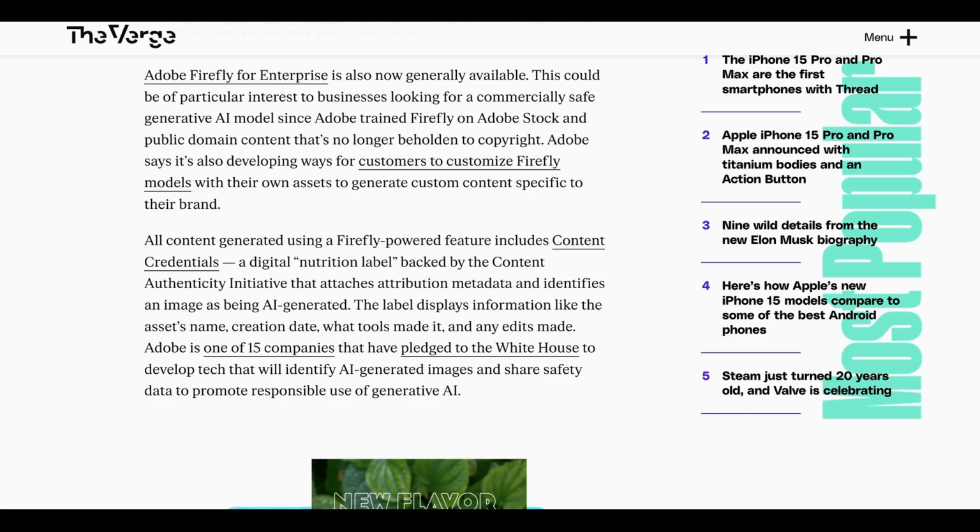Now, one of the things that businesses were excited about with this release is the fact that because Adobe's generative AI image model is trained on Adobe Stock and public domain content, theoretically it's much safer from copyright claims, which is something that enterprises are worried about given how many lawsuits are currently flying around based on how different AI companies have trained their models. What's more, Adobe has also said that they will foot the bill if a company is hit with a copyright complaint.